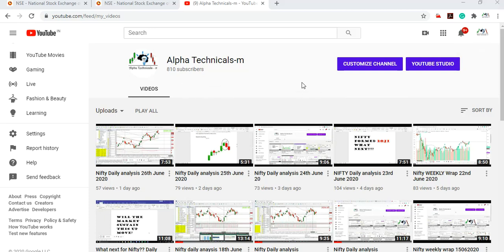Today we will see how to use the NSE website and save money. All the information is on the NSE website. We need not pay for anything, unless it is processed information. All raw information is available on the NSE website. Top gainers, top losers, volume gainers, everything is available.